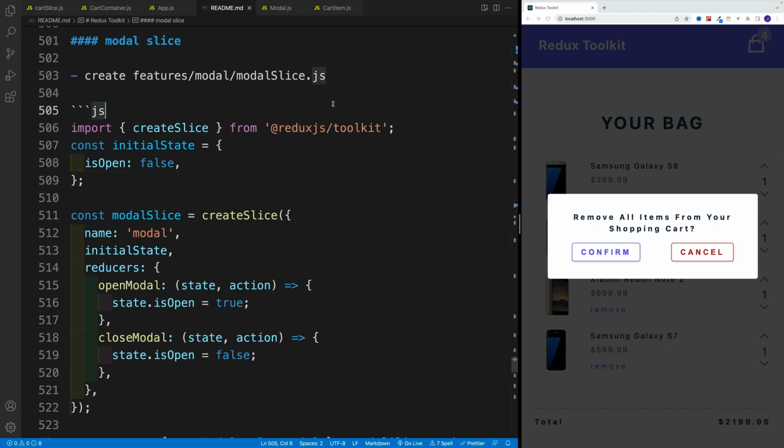All right, and up next, let's set up the slice for the modal. So remember, we have the features folder. For the time being, we only have one feature, the cart. But now I want to add the modal feature, which is going to be located in